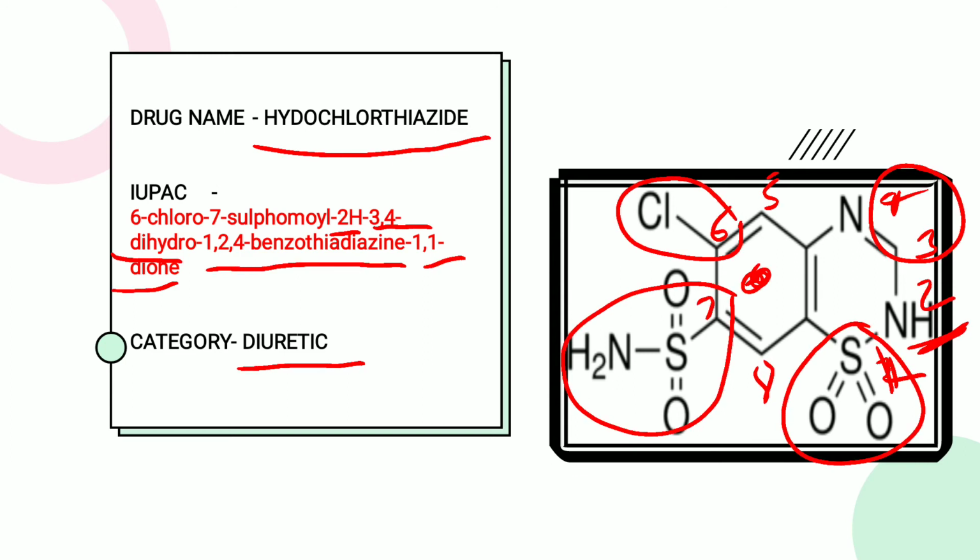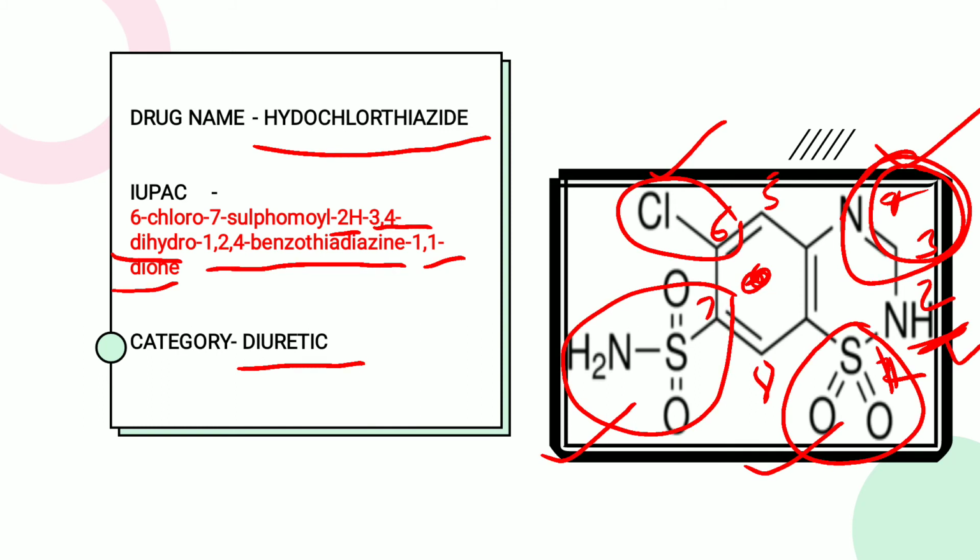So the complete chemical name will be 6-chloro, then 7-sulfamoyl, then 2H, because in the second position there is a hydrogen. 3,4, if the bond is broken between 3 and 4, there will be hydrogen again, so 3,4-dihydro. Last is the parent nucleus, 1,2,4-benzothiadiazine, and the last is the first position substitution,